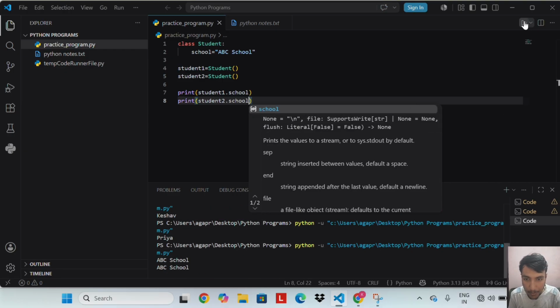Let's run this code. We get ABC school and ABC school as output.